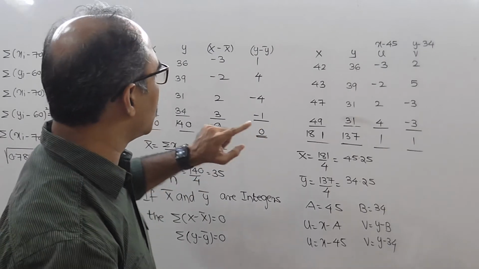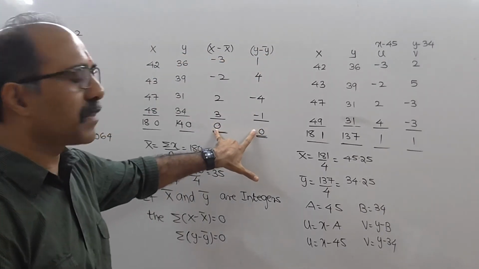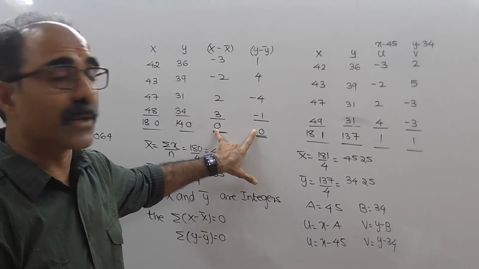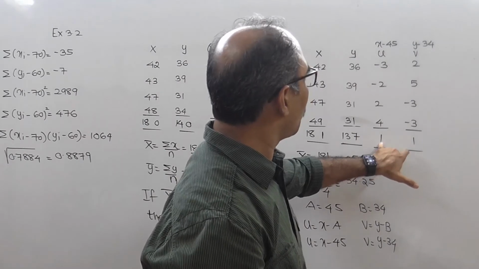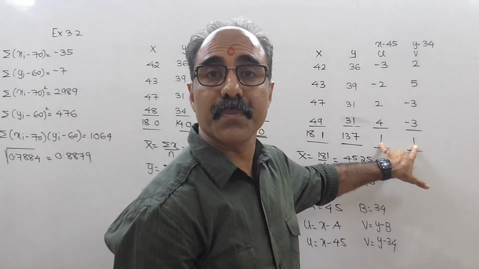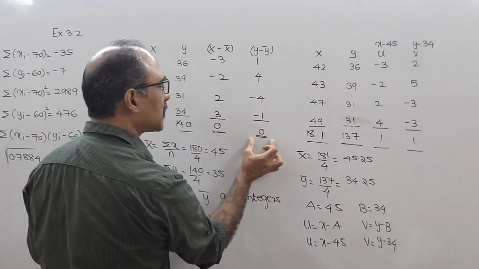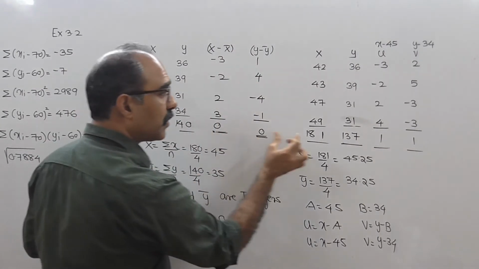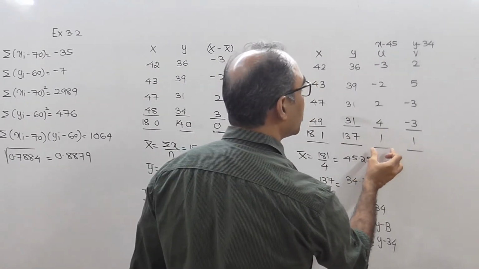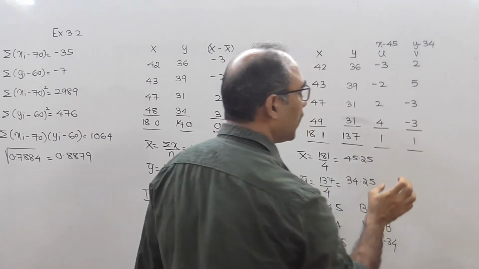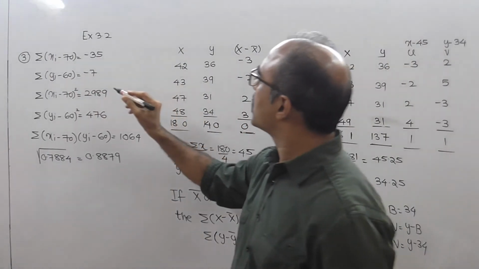So what you notice is, if x bar and y bar are integers, the total of x minus x bar and y minus y bar are 0. If x bar and y bar are non-integers, then the total of u and v will not be 0. Why I am trying to explain this is because if you look at this sum,